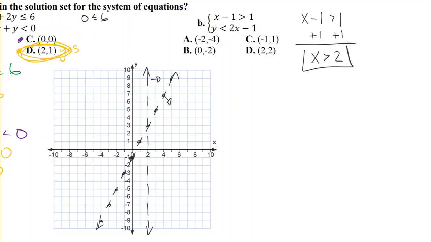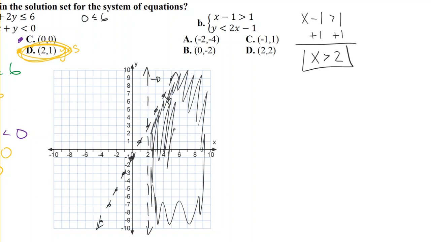And so now where would we be shading if we wanted to be below this dashed line and, or actually, above this x is greater than 2? Well, to the right of that line, that would be everything over here. Right? So our points,